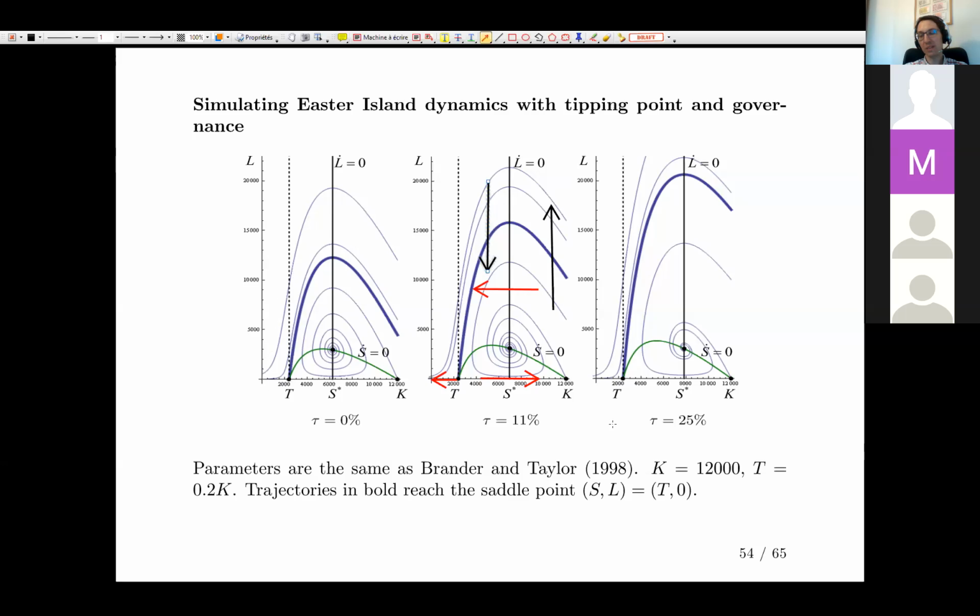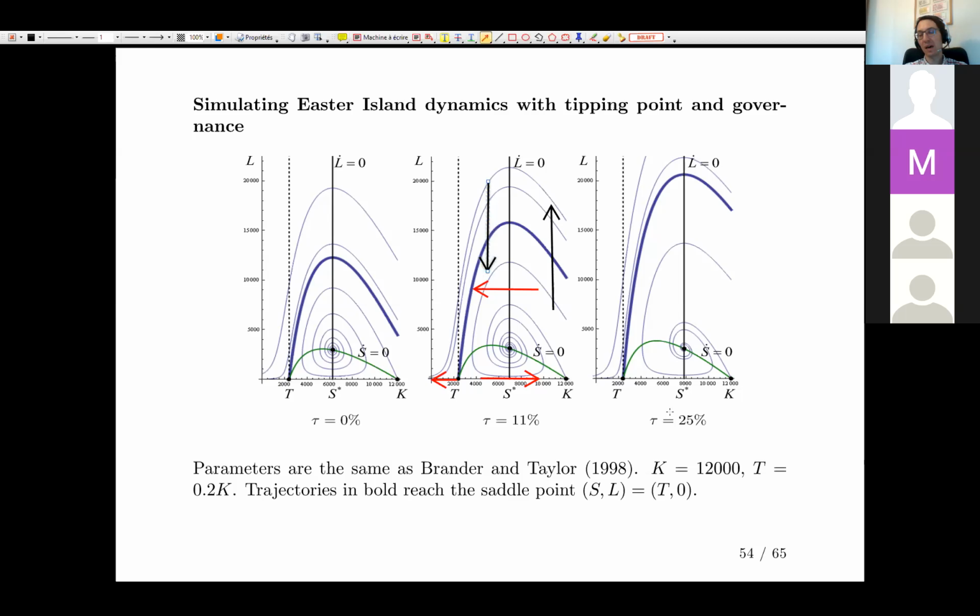And if you introduce a high ad valorem tax on food, then people are not as willing to harvest food as if there was no tax at all. And you see that this critical trajectory is much higher. So it means that there's a much larger set of values of L and S from which you may start that still leads you to a stable island in which people don't die and the island can recover.